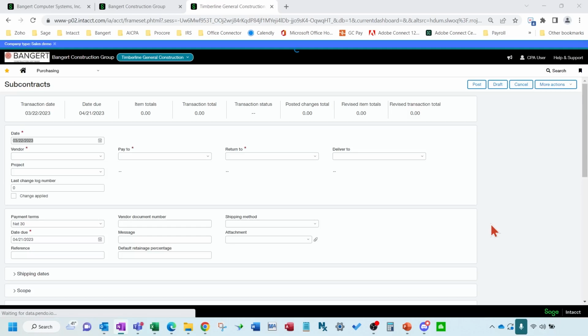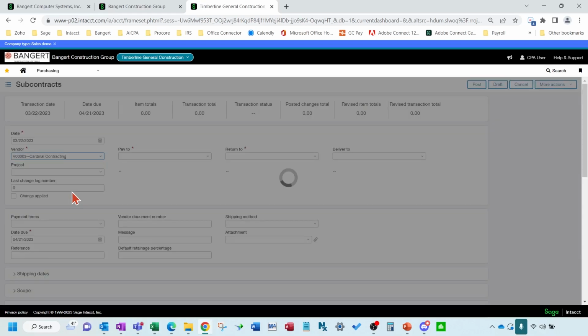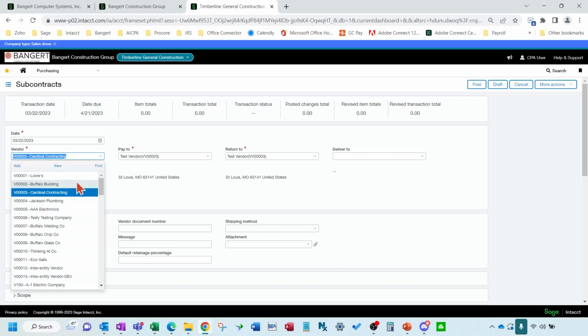Okay, so this would be, you want to issue a subcontract to a vendor. I'll just pick anybody here. So let me pick a different one here.